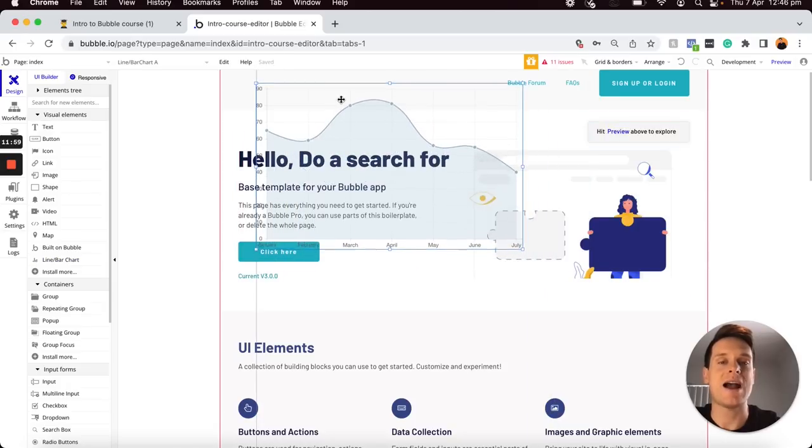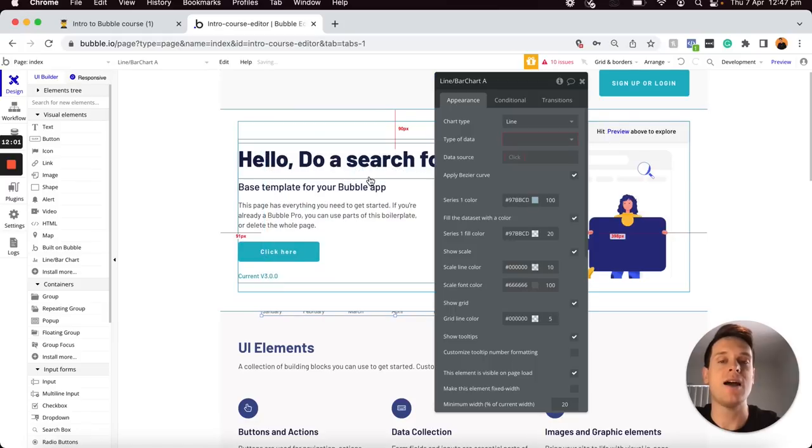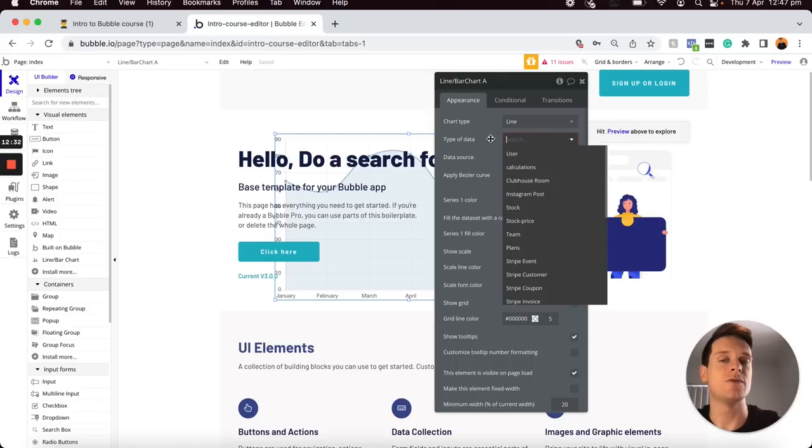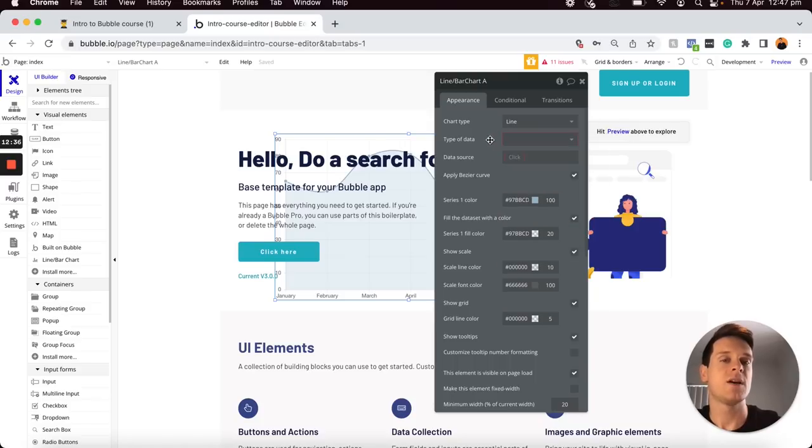So I can choose to add a chart element wherever I would like. And of course, within this chart, I can completely customize the visual settings of it within my element inspector here. And if I really wanted, I could pull data from my database to visualize some calculations. So for instance, if I wanted to display a count of all the users on whatever day they signed up,